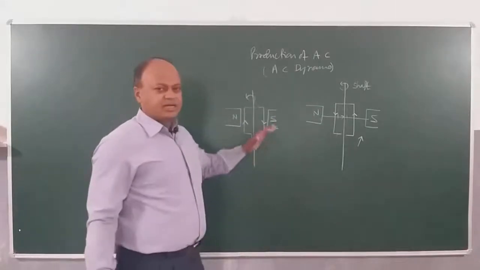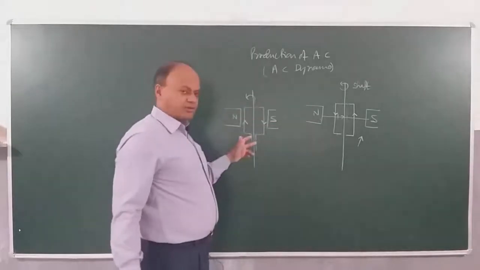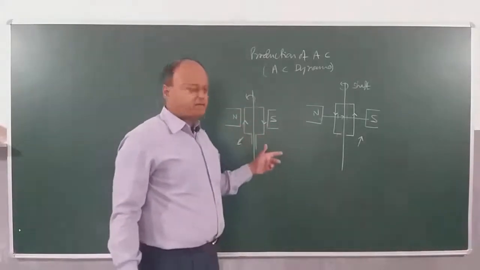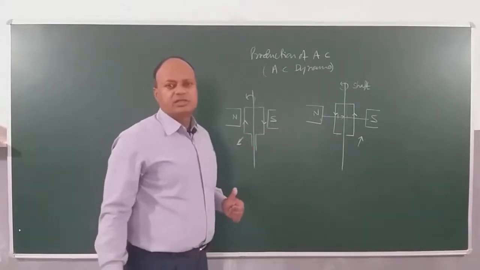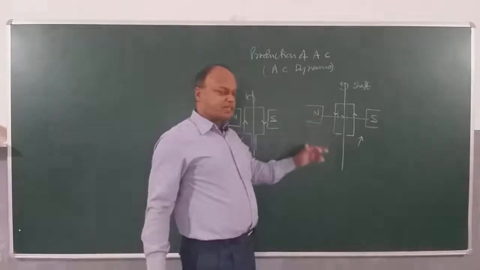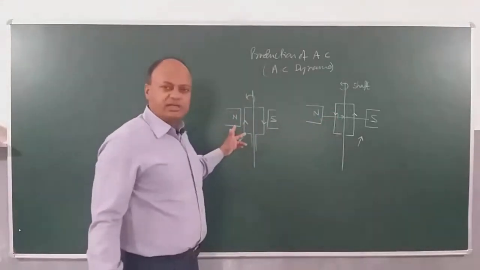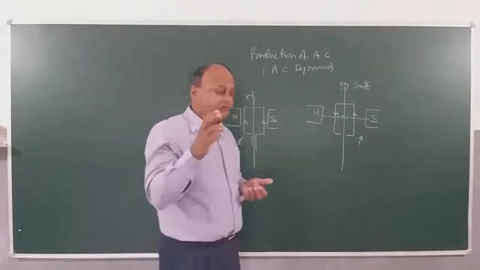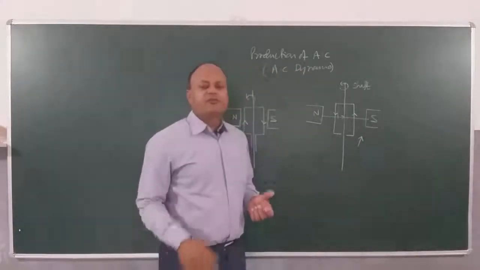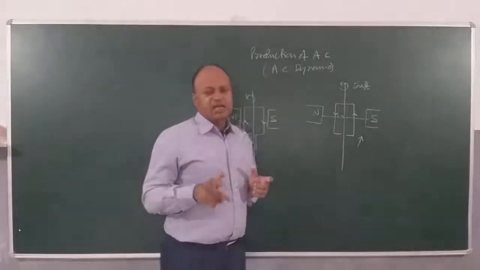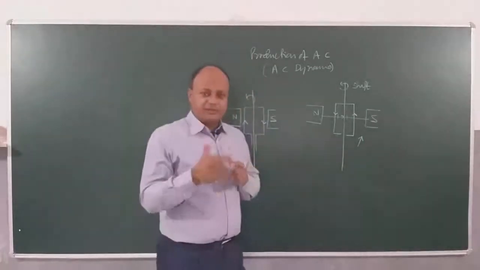For the first half cycle, when the coil is coming out, the current is clockwise. So during the first half cycle, current is anti-clockwise, and then during the remaining half cycle, current is clockwise. So this is what is special. If I consider this current to be positive during the first half cycle, then this current will be negative. So we can conclude here that as the coil is rotating between the poles of the magnet, the flux associated with the coil is changing. And when flux associated with the coil changes, it will produce an EMF and therefore will be producing current.